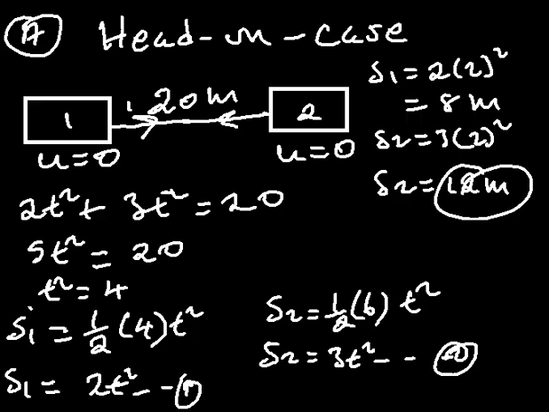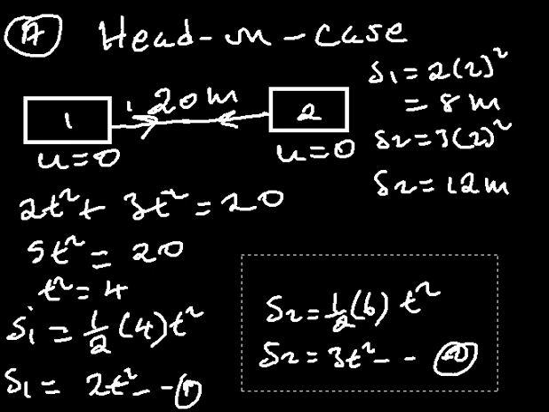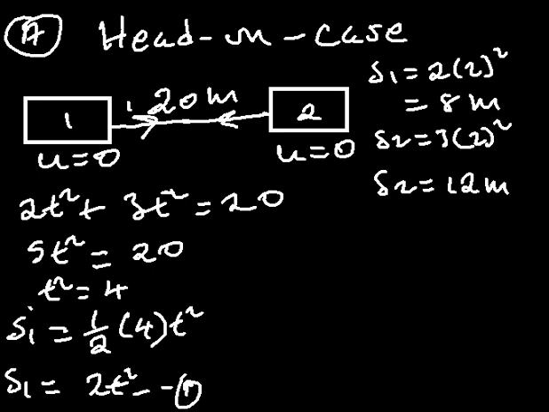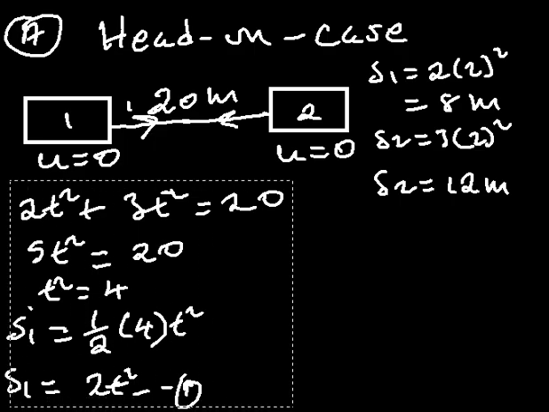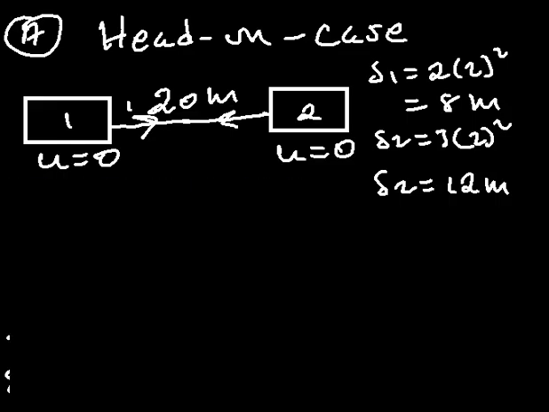Hence, it will cover more distance than object 1. So this is how you should have it. So how about their final velocities at the point in which they will have to meet? So in order to have the final velocity which object 1 will have as it meets object 2,